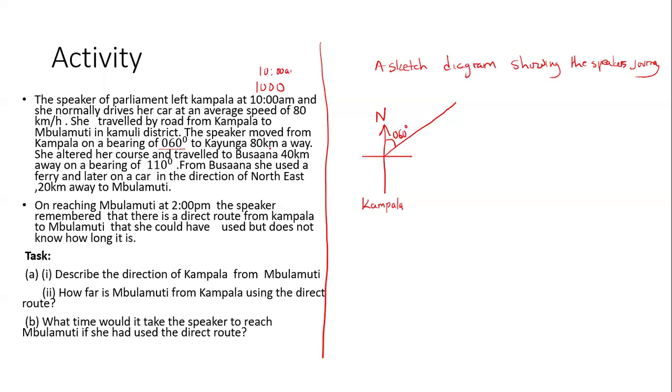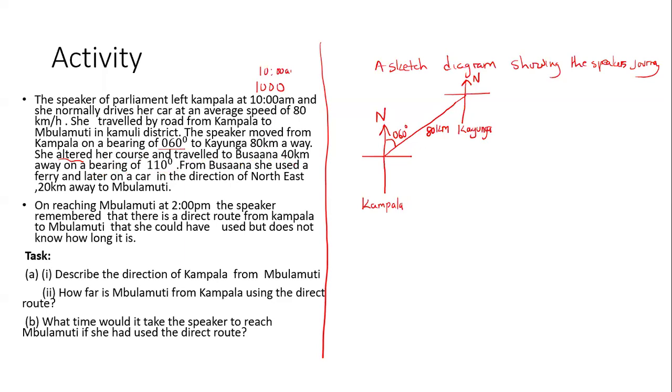And they told us to move from Kampala on a bearing of this to Kayunga. Now you come here and say, where the speaker is now, it's going to be Kayunga. You come here again, indicate that this is north. And where is the speaker now? This is at Kayunga. Then what is the distance from Kampala to Kayunga? They're telling you it is 80 kilometers away. So you come here and say 80 kilometers. She altered, like she changed her direction, and traveled to Busana 40 kilometers away on a bearing